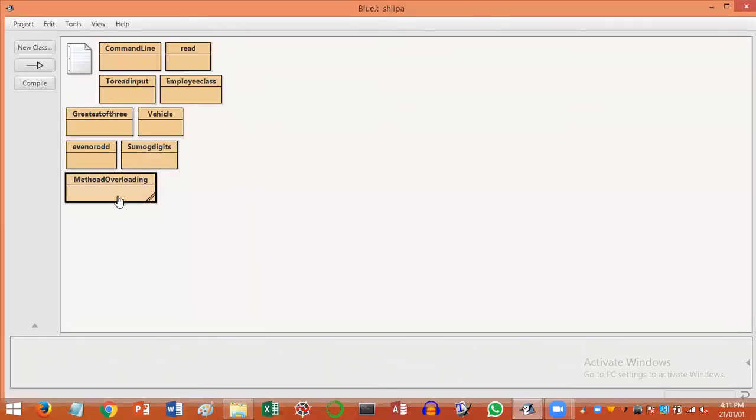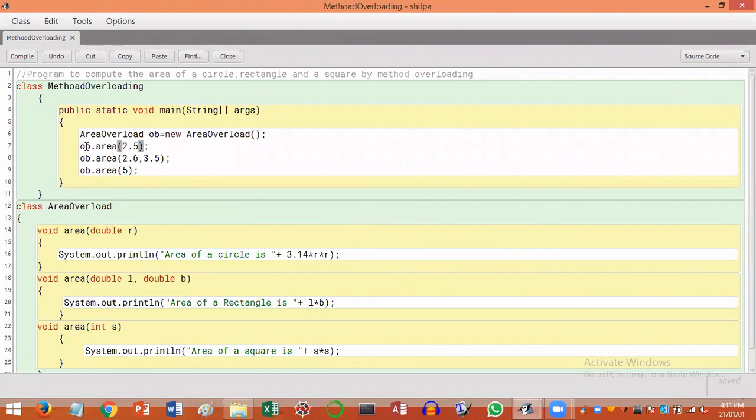See, in the program, the object which calls this method has a different type as well as a different number of arguments. Based on the type and the number of arguments, the Java compiler will get to know which area method to call for execution.